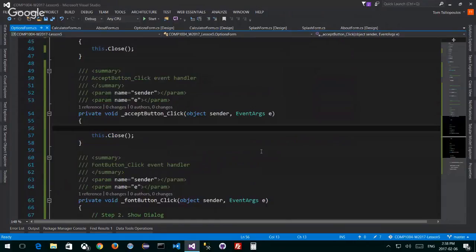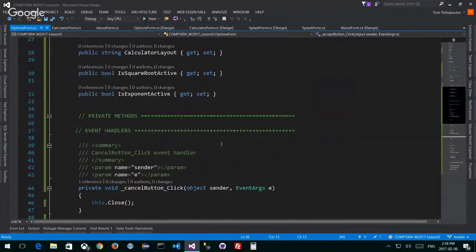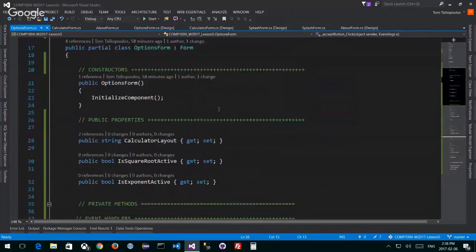All right. So now that I've done this and I've assigned my calculator layout a value, my calculator has a value. This is local to this form. I want to pass it back to my other form. Do I have access to my other form, my previous form? No, I don't. So I've got to create that access, which means I need to make some kind of reference,